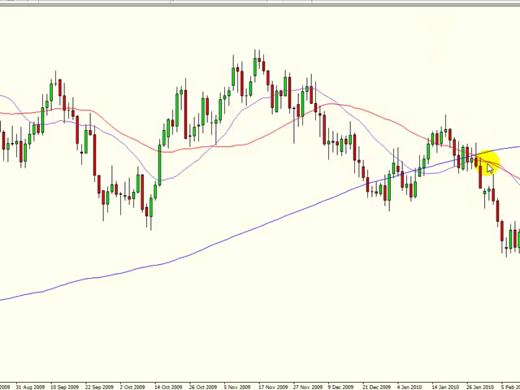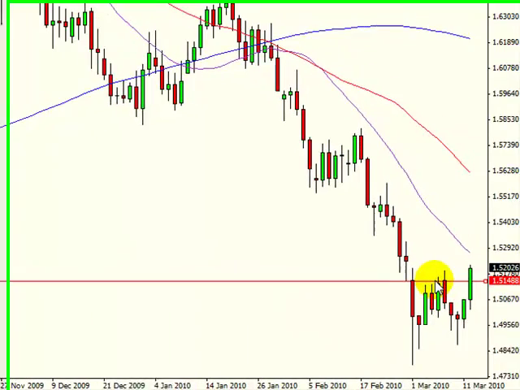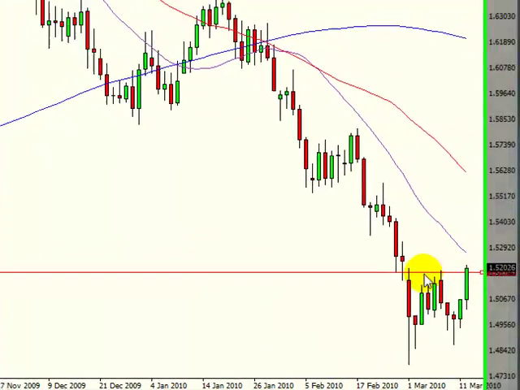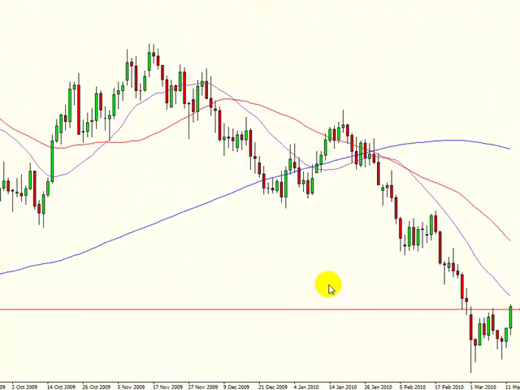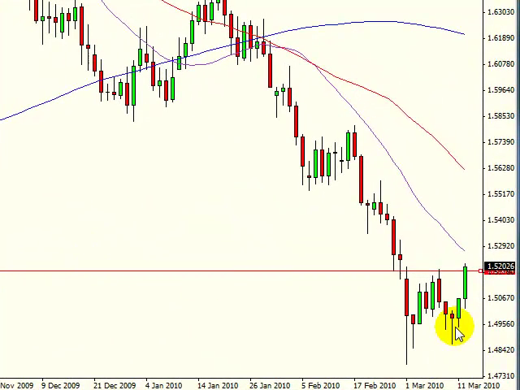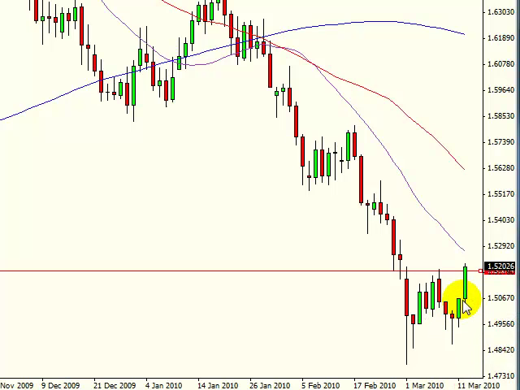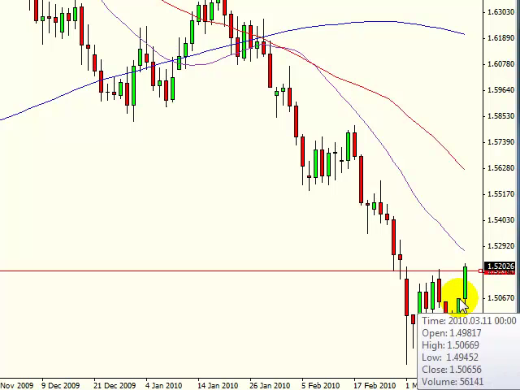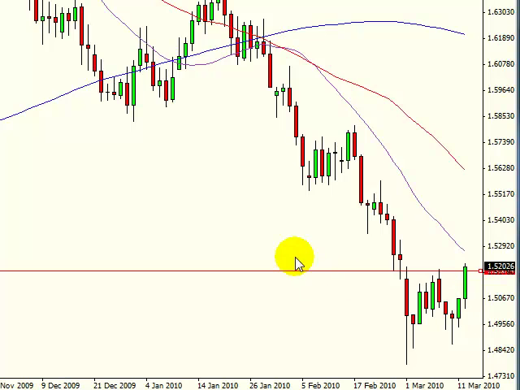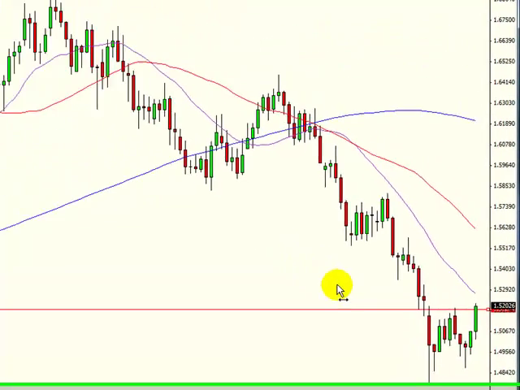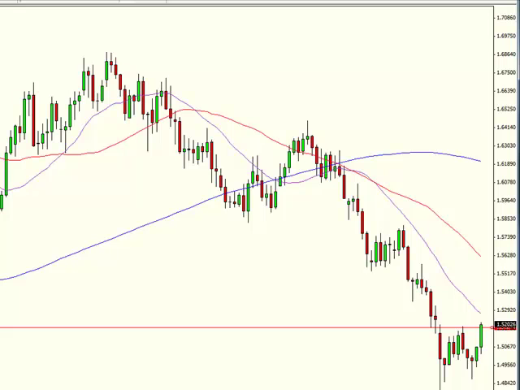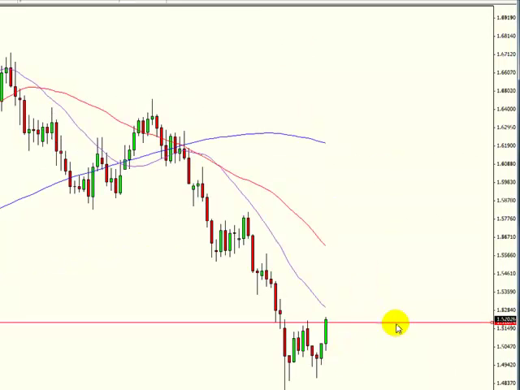Okay, here we are. Now you can see that we have been trading down here in a range near the bottom of the Great British Pound, and just recently we had a breakout of this range and it closed above it on the daily chart, which is a bullish signal. We also had an upward candle that closed right here above the high, so that's also a bullish signal. So I would be looking for a rebound in this pair at this time, with a possible target